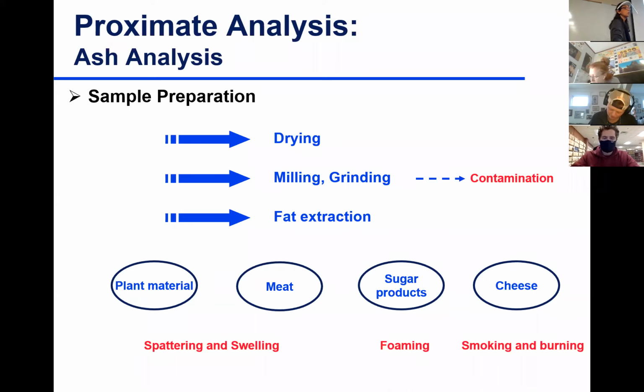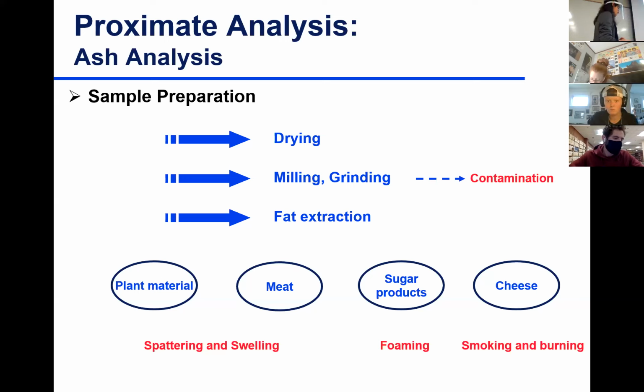Same with meat. Meat is also high in water content. So it would be good to dry these samples prior to determining ash. You can dry these samples using official methods of analysis for drying, like we learned in lectures previously, and some of you have already done the lab. Then you can determine ash, protein, and fat on a dry basis, and then you can convert to an as-is or wet basis, before drying, if we know how